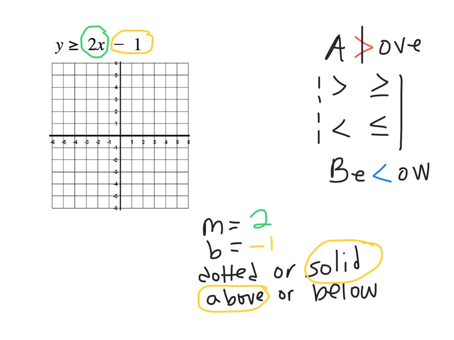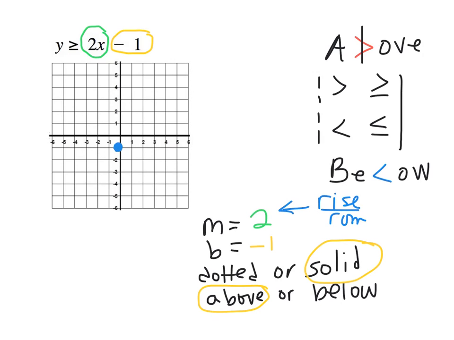So in graphing, I always start on my y-intercept. So I'm going to start at the -1. I'm going to put my dot. And then I count my slope. And my slope is a rise over run. So rise over run